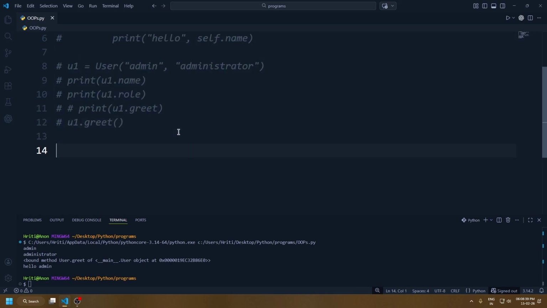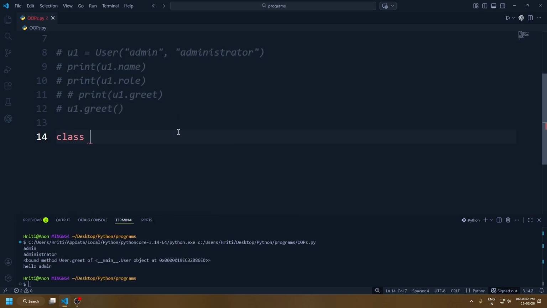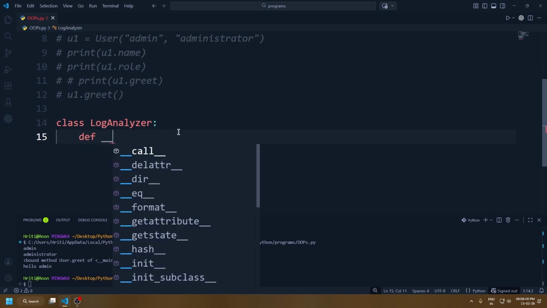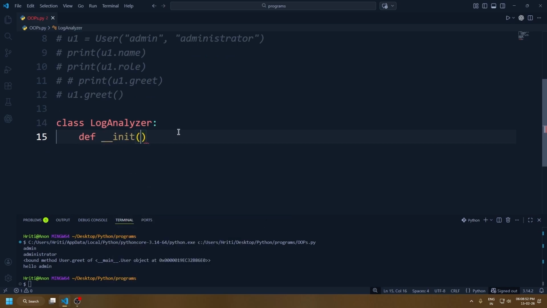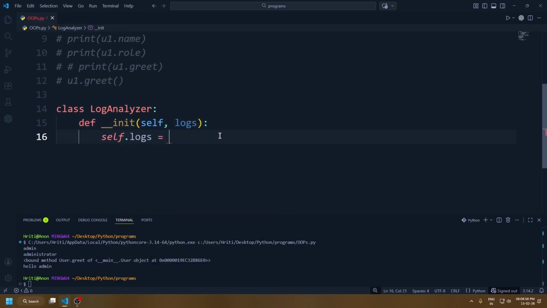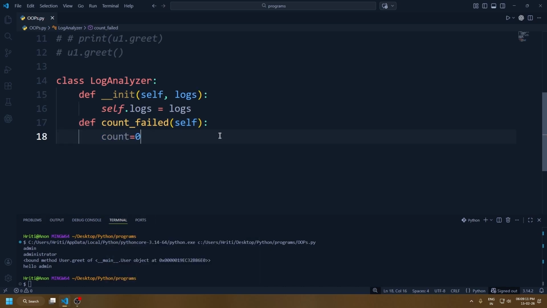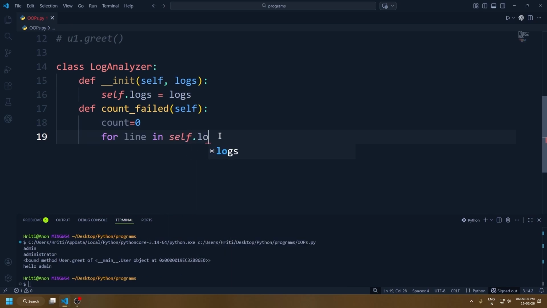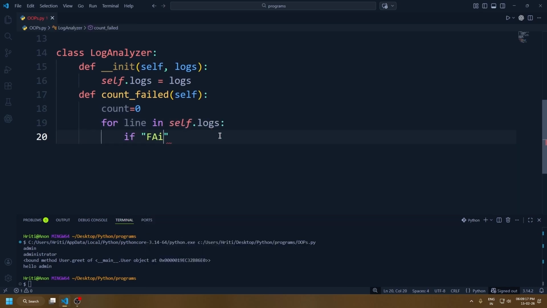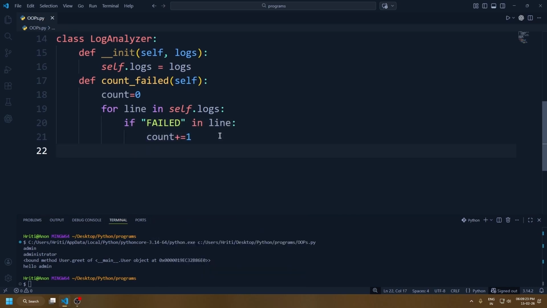Now we will look at a log analyzer class. We will make another one using classes. Let's call our class LogAnalyzer, and we'll make an init function here, with self.logs equals logs. Then def count_failed, with self: count equals 0, for line in self.logs, if failed in line, count plus equals 1,